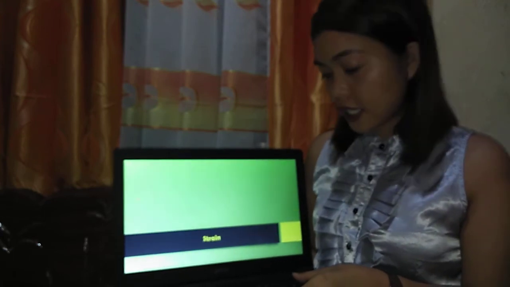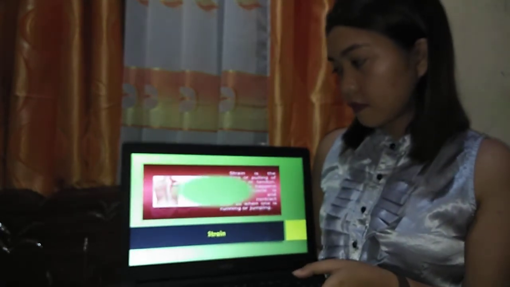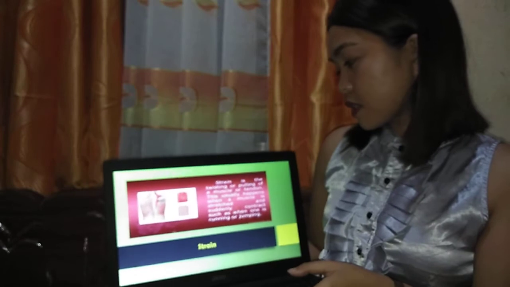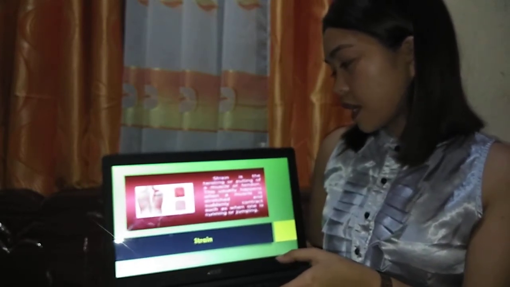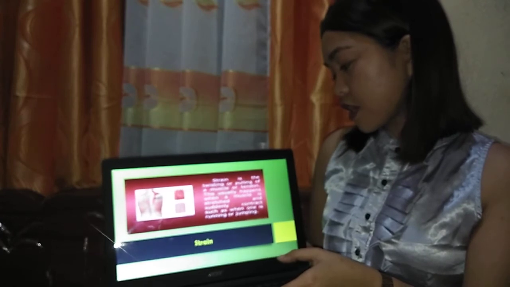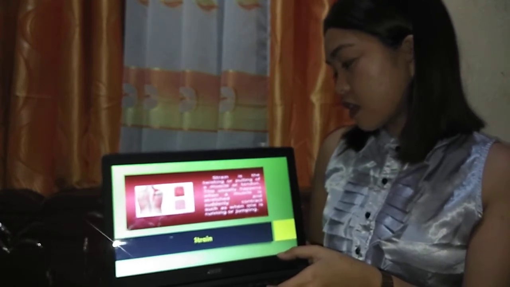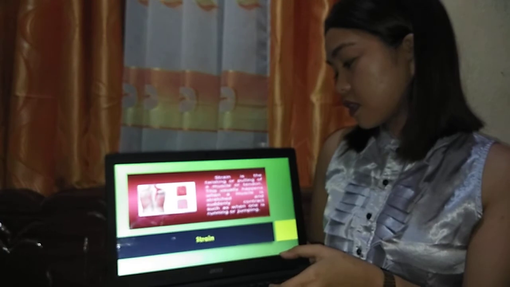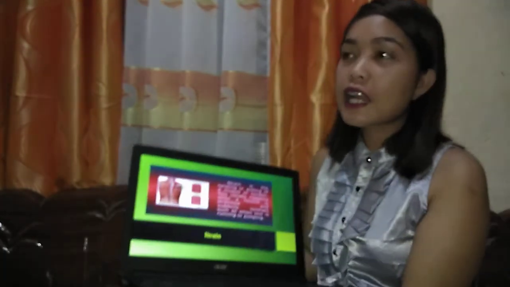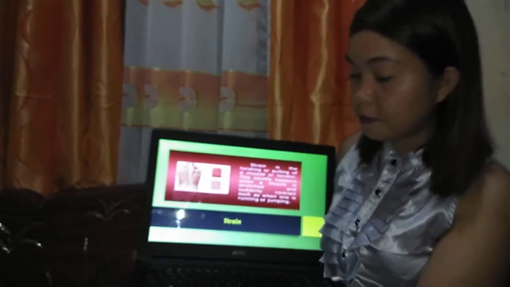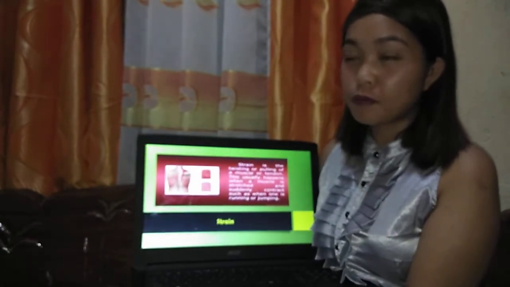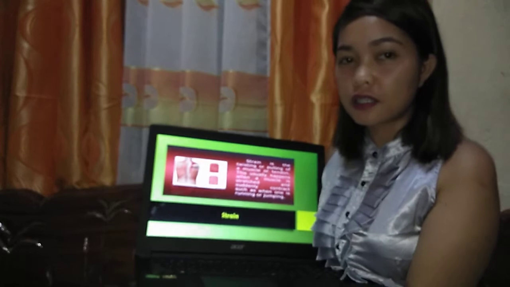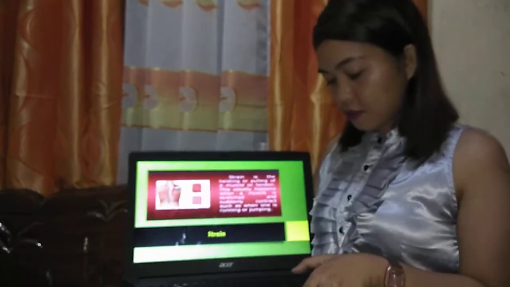Number 2 is strain. Strain is a twisting or pulling of the muscle or tendon. This usually happens when a muscle is stretched and suddenly contracts, such as when one is running or jumping. So, in Tagalog naman, this one is called pilay. Common to na nangyayari kapag yung mga muscles natin is nabibinat na hindi inaasahan. So, ito yung pilay.